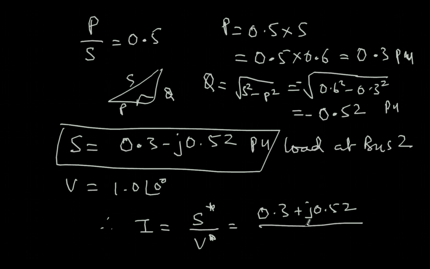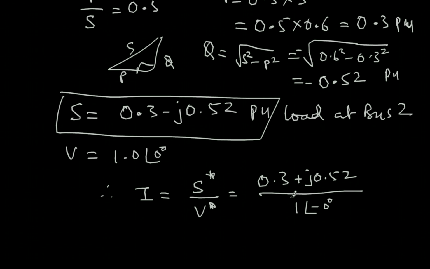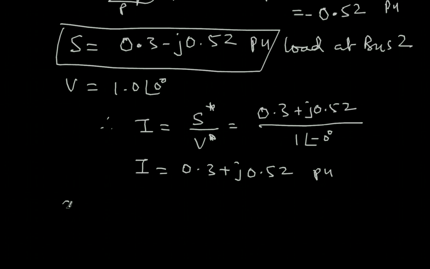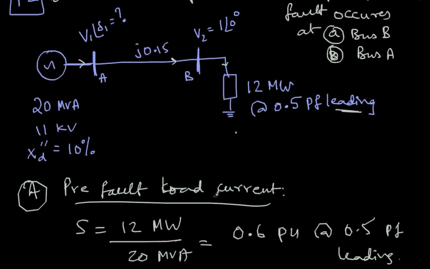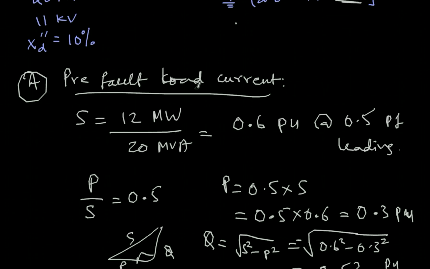And V conjugate is 1 angle minus 0 degrees, so it is just the same. Therefore, the current is 0.3 plus j0.52 per unit. And once I know the current, the voltage drop will be I into X of the line. So j0.15, I guess, multiplied by